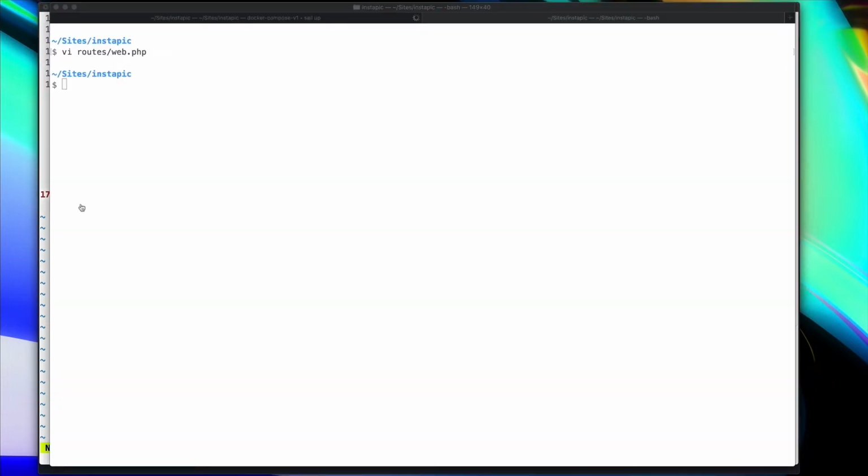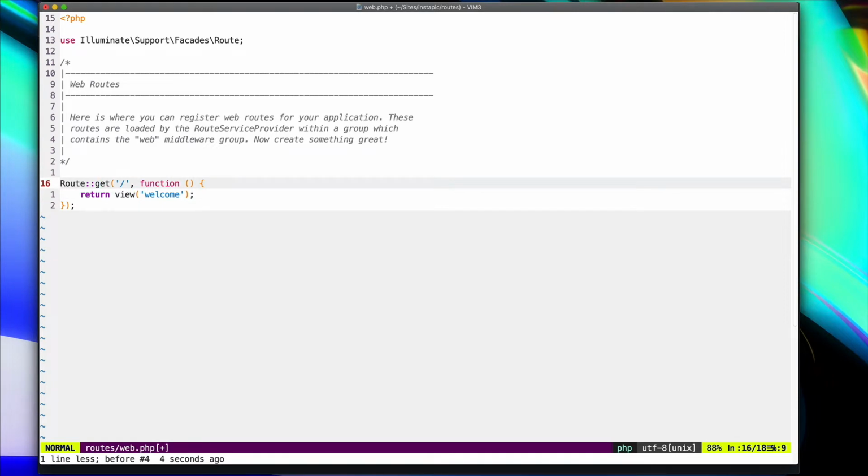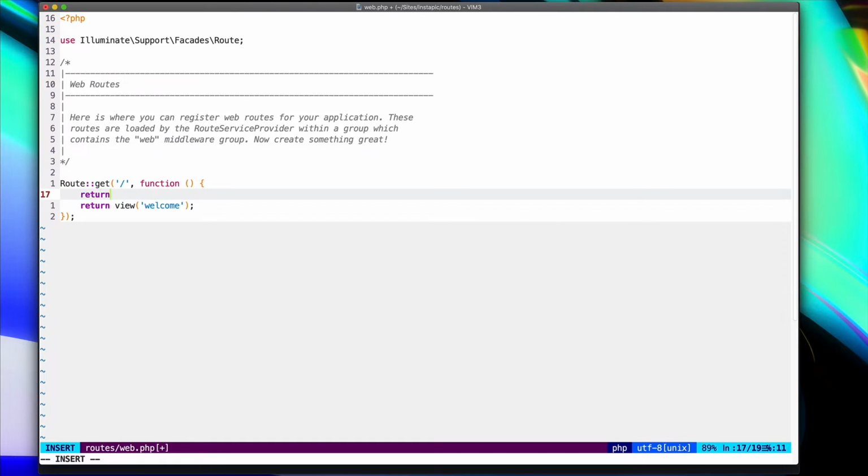So by default, Laravel generates this welcome page. So to create a route, we have this route helper. We use this get method, or we can use post, delete, and others. And the first parameter should be the URL or the URI. In this case, it will be a slash or home. And the second parameter will be a callback, which is an anonymous function that will return the code that we want to show in the browser. So in this case, we are returning the welcome template,